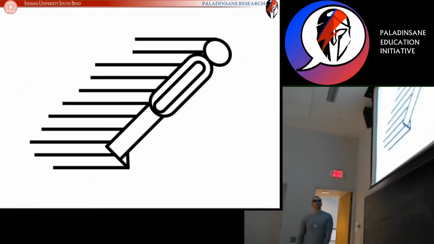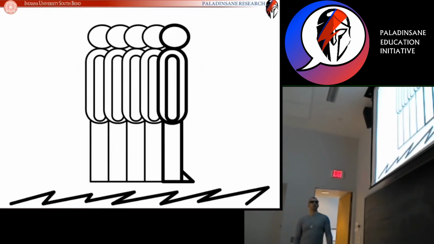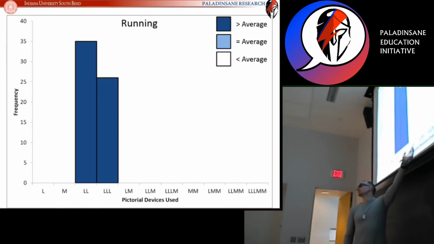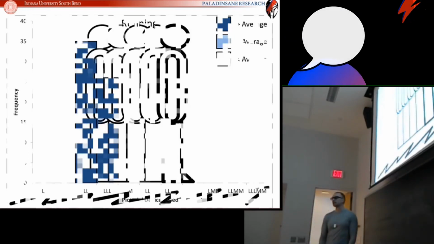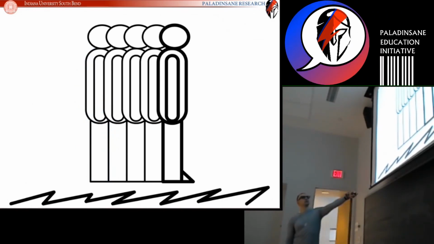All right, so the next one we're going to look at is one literal and one metaphorical. So that would be an image like that. So we have posture with action lines. Here we have orientation with action lines. Here we have multiples with ground plane. So these are all examples of one literal device and one metaphorical device. And when we take a look at how often that was used, we found, again, not. They avoided one literal and one metaphorical device because they know that is not going to communicate running to any comic book reader.